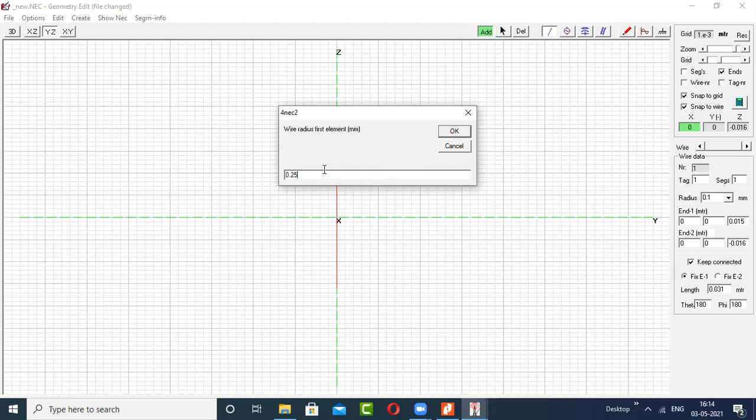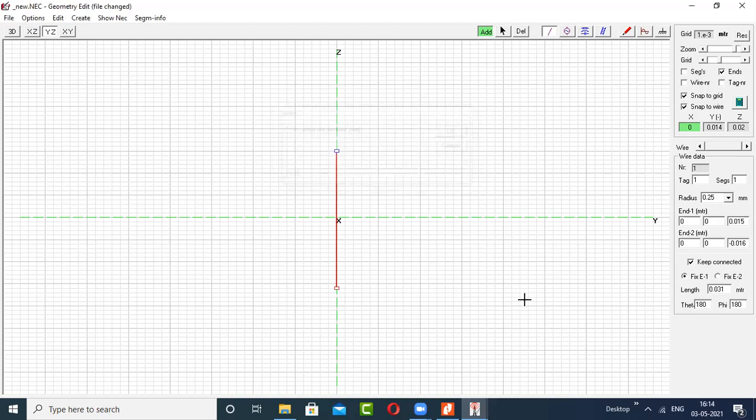So do we have to make this first column? For the sake of analysis, you have to make the columns. Otherwise, how are you going to analyze? Okay, firstly, radius is 0.25. Now the length will be kept fixed. So first I will keep it as 0.05 and 0.05, so it becomes 0.1.